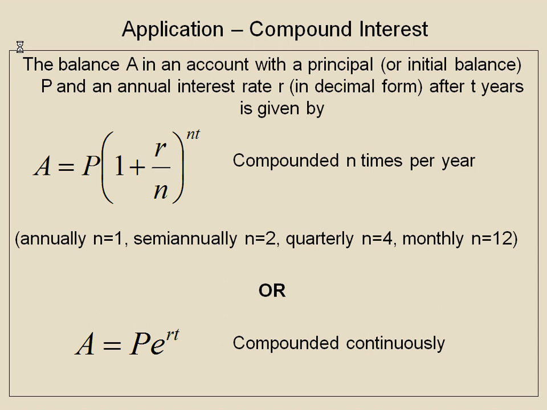So let's back up and look at our formula here. A equals, so our ending balance A, or the amount that we have in the account, is going to equal the initial amount, P, times (1 plus the little r, which is your rate in decimal form, divided by N). N is going to be the number of times it's compounded per year. Now, if it's compounded annually, that's once a year. If it's compounded semi-annually, that's twice a year. Quarterly is 4 times a year, monthly is 12 times a year, and so forth. And I'm going to raise all of that to the NT, the N times T, and of course T is